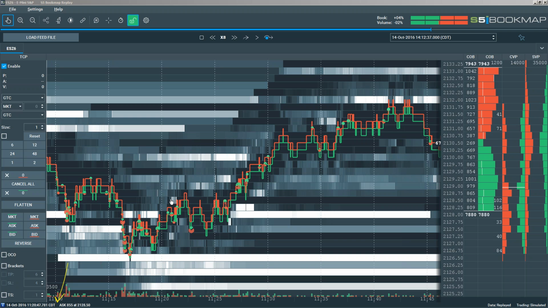Okay, that's not enough for me to get long. What I'm looking for now is this significant figure here. Remember, this is the point of control the prior day. This isn't some random number or some random spot that it moved to. If it were, I would not have a trade, I would not be stalking, and I wouldn't be trading because